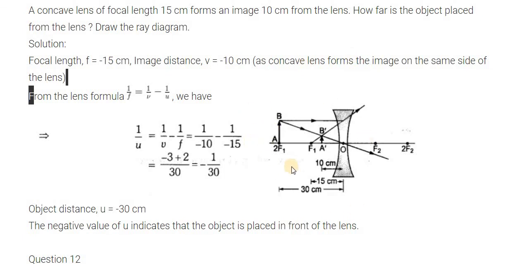Now let's see the figure. We get the object distance at 30 centimeter, and as we have the focal length of minus 50, so it's double of focal length. So we can say that we kept our object at C, or you can say 2f1. In such a condition, we get the image between f1 and O, and it is small in size, and it is erect and real, and it's smaller than the object.